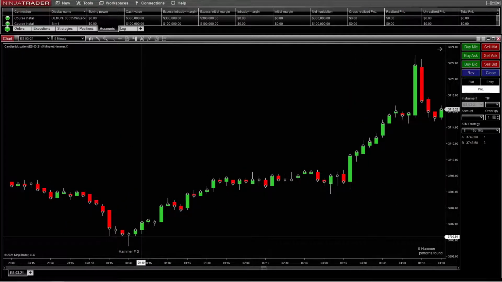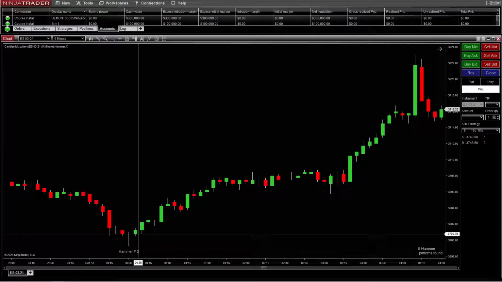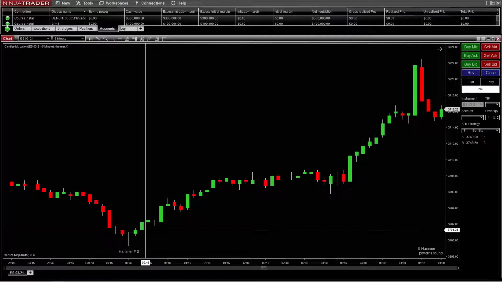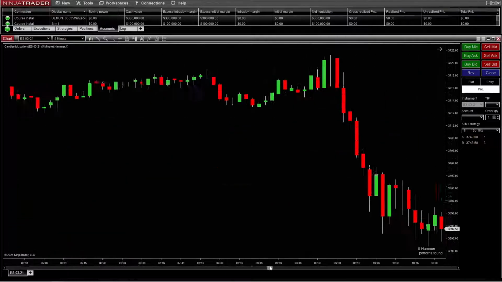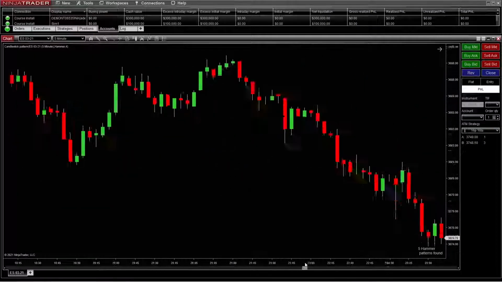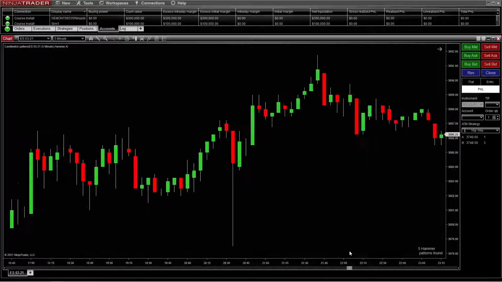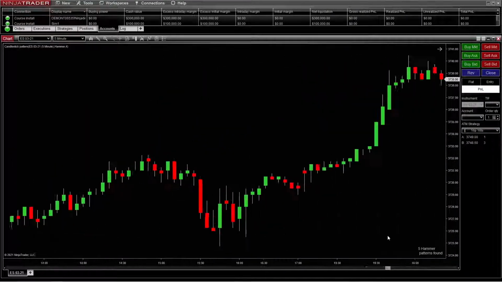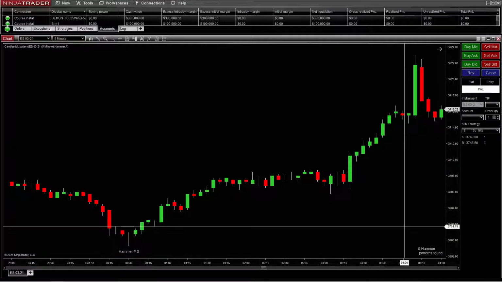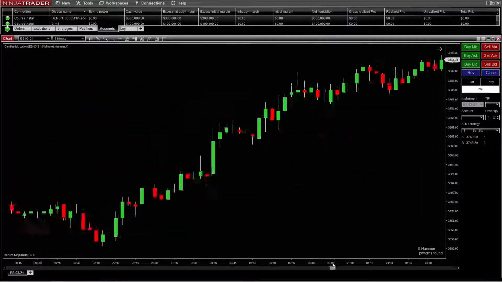We go back, look at this one. See, the hammer, that's not really a hammer. It classified as one, but it's not really a hammer. But you can see that we opened above and we closed above. That's a good sign that it's going up. And then we look at another one here. If you don't know your candlestick patterns and so forth, this indicator actually helps you find them. I like it real well. I don't use it all the time, but I do use it. Here's another one. Well, that's the same one. 3, and then